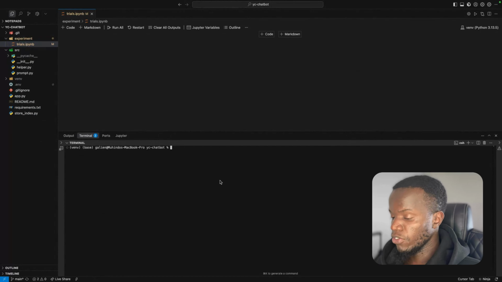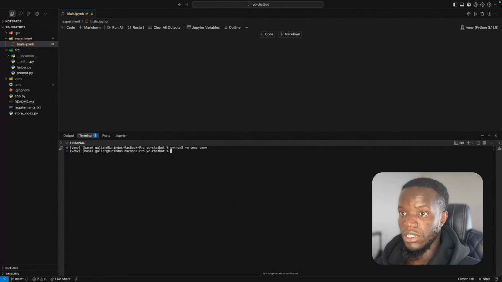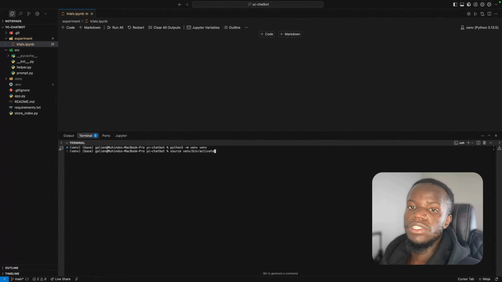We have to create our virtual environments, and the virtual environments are created by this command, python3 -m venv. This is going to create our virtual environments. In my case, I've already created them. Then we're going to activate the virtual environment by running source venv/bin/activate. This activates our virtual environment, and after it's activated, that's when you're going to see it here in your